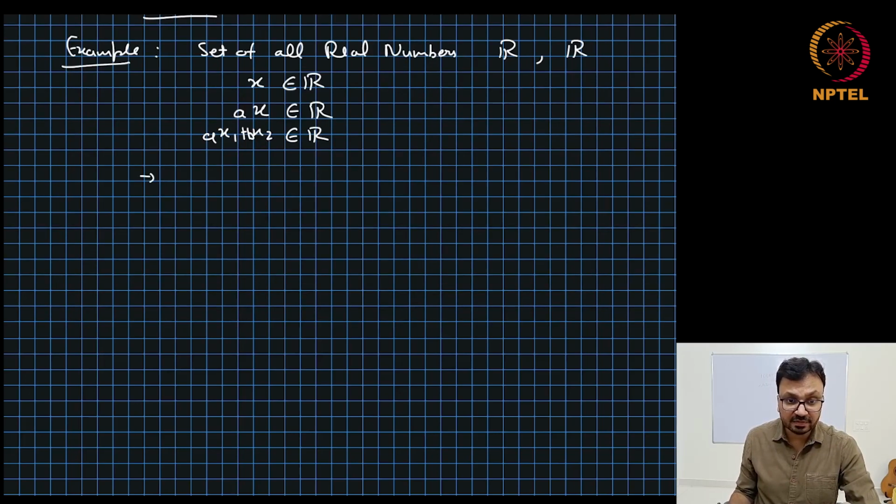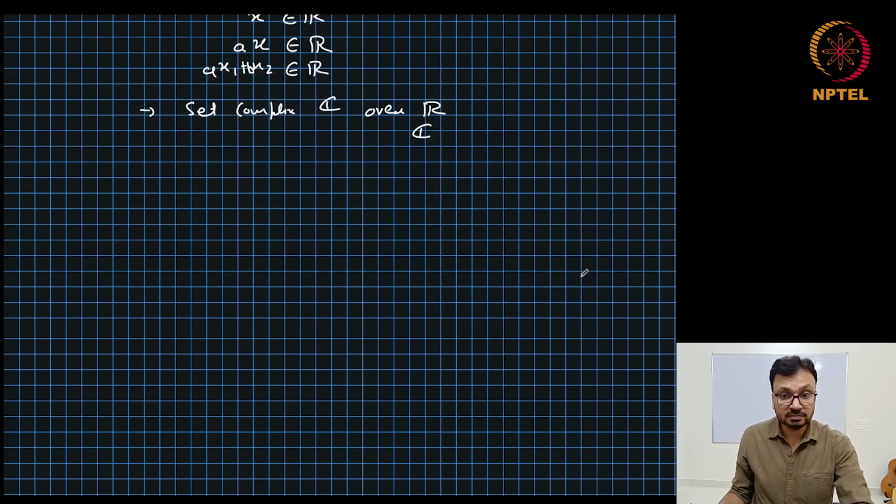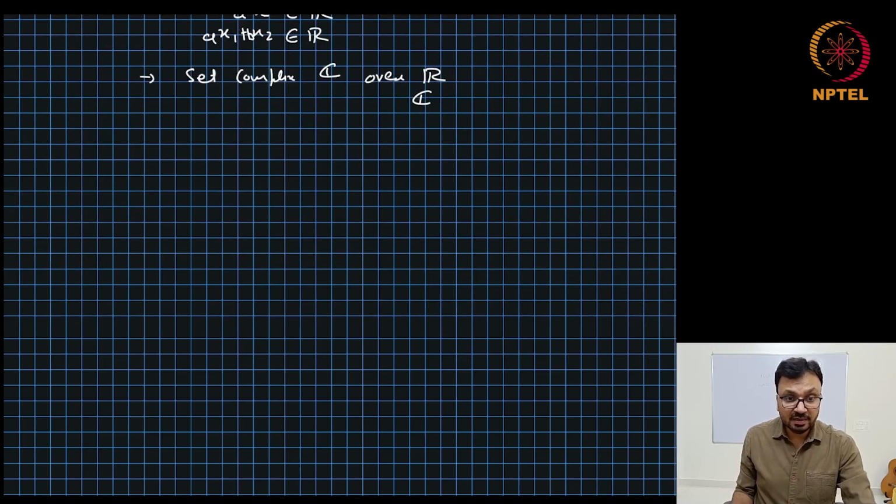Similarly, we can have the set of complex numbers, which we represent by C. Over the real field, it forms a vector space, and over the complex field, it forms a vector space. It's trivial to understand all this, we can do it ourselves. A slightly more non-trivial example will be